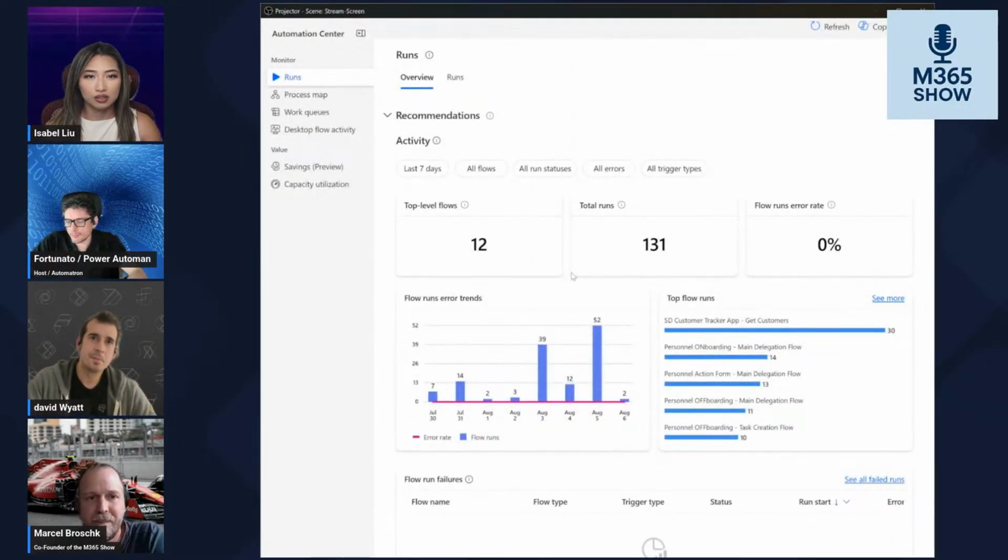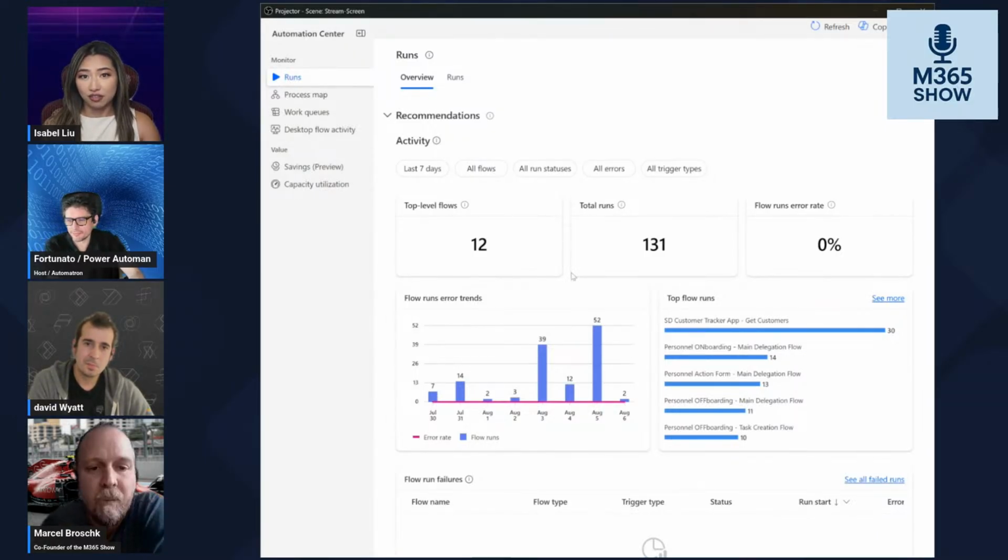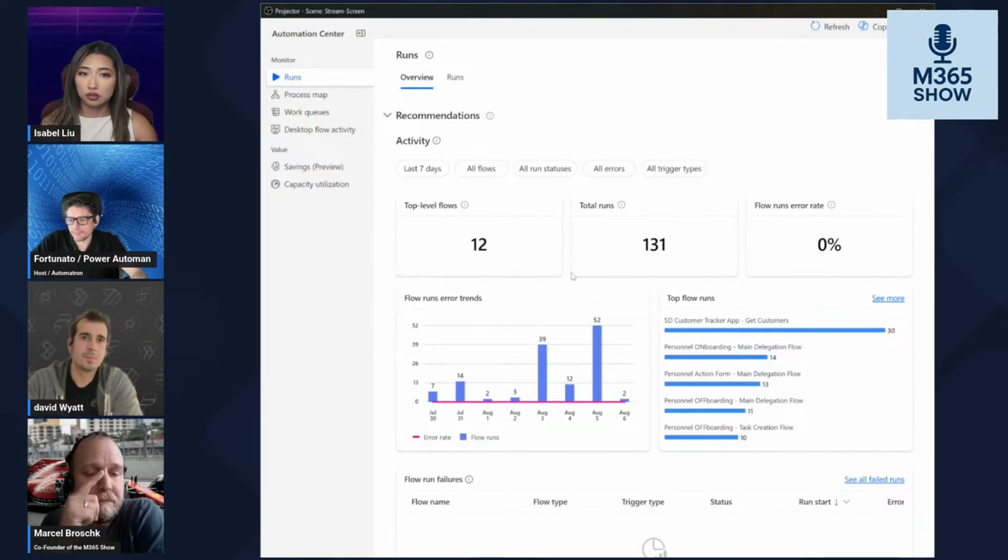Yes. So I actually had a client once say, I wish there was a tool that could just show all my flow runs, tenant-wide, and the analytics behind them. Well, Microsoft heard us and they delivered. So now in the back end, there are Dataverse tables that store both cloud and desktop flow runs. Fun fact, desktop flow run data like run history and work queues has always lived in Dataverse, but cloud flow run history, that's new. It just became available in Dataverse earlier this year.